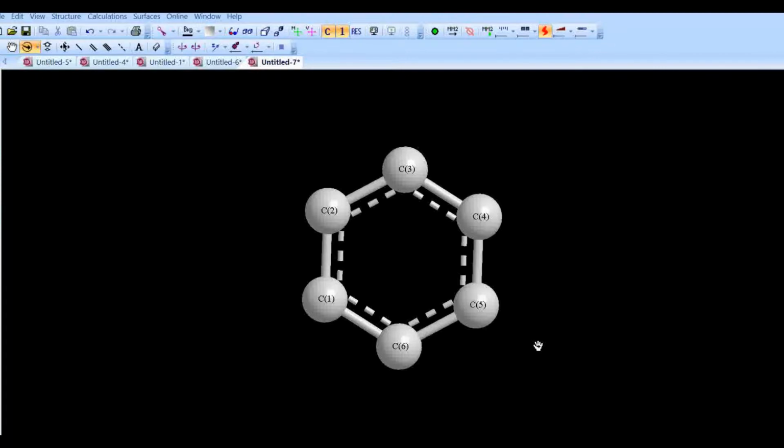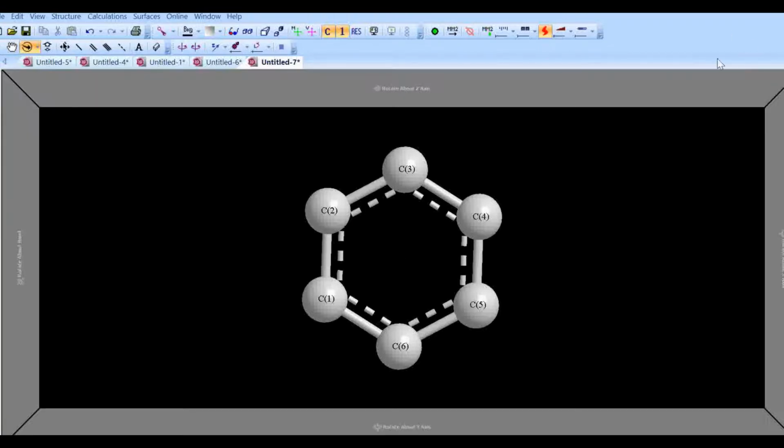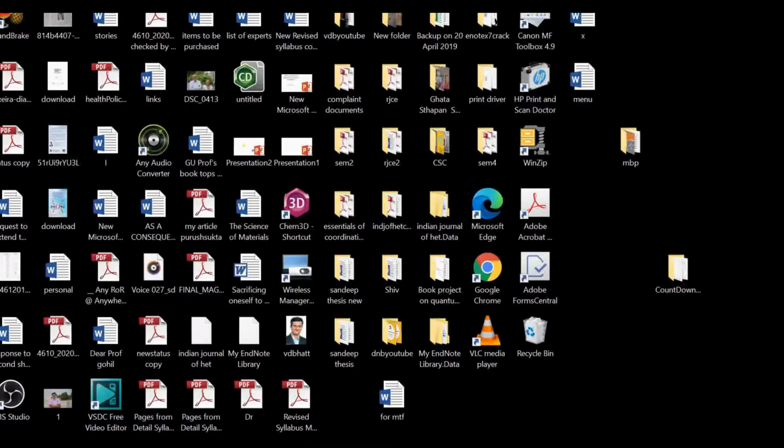And now if you find a plane perpendicular to the principal axis, then your molecule will belong to the Dnh point group. And you see that this molecular plane, the plane in which the molecule lies, is a plane of symmetry, and it is perpendicular to the principal axis, and therefore your benzene molecule belongs to the D6h point group.